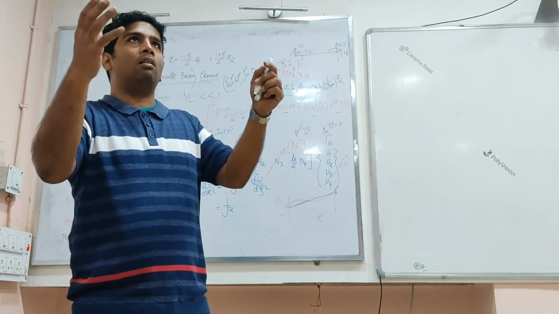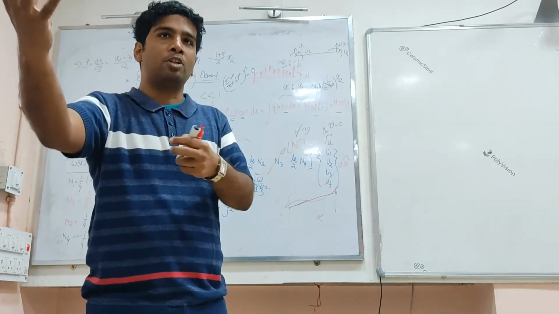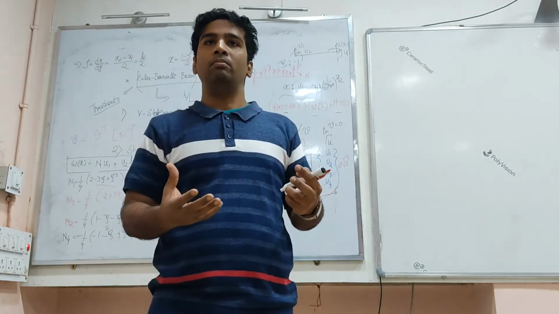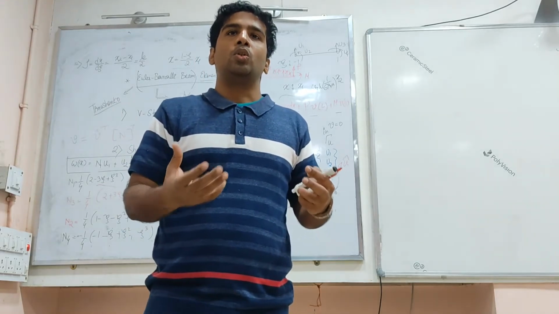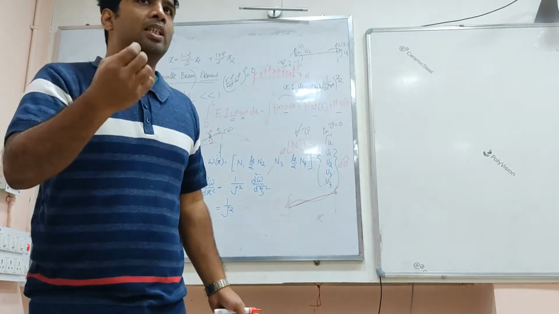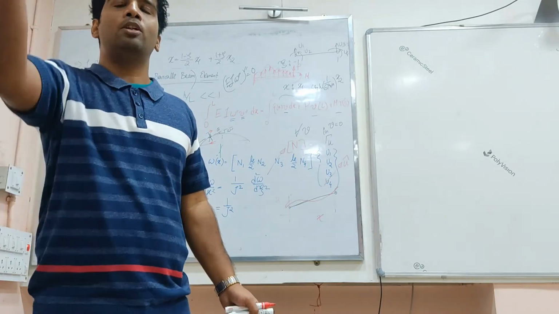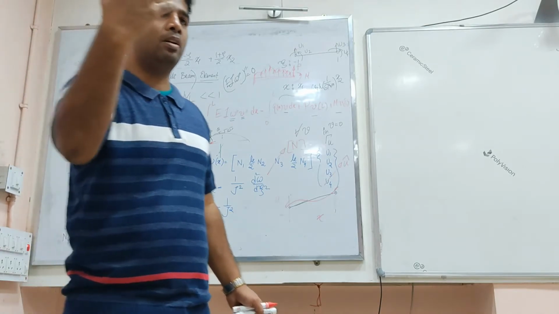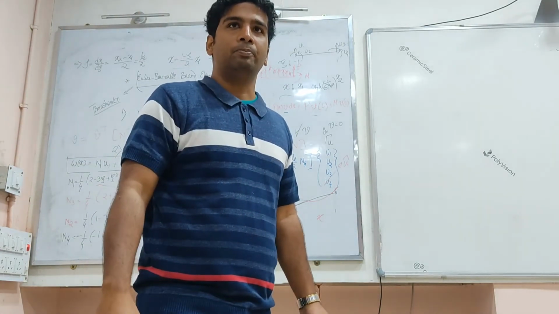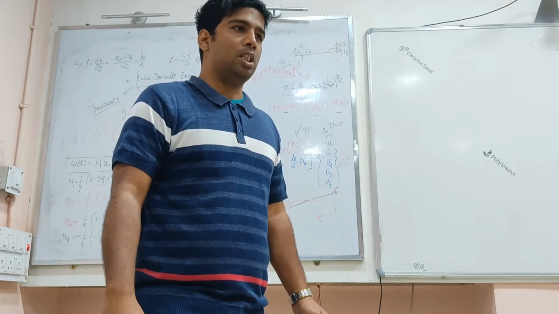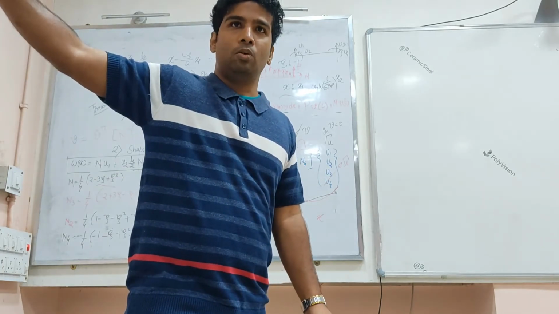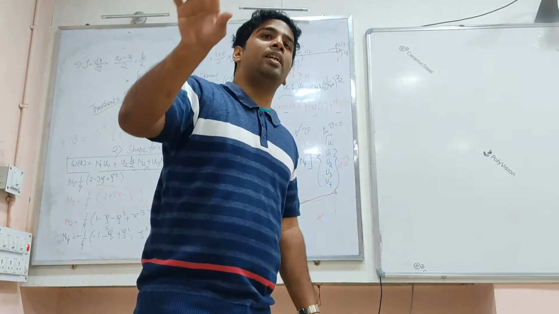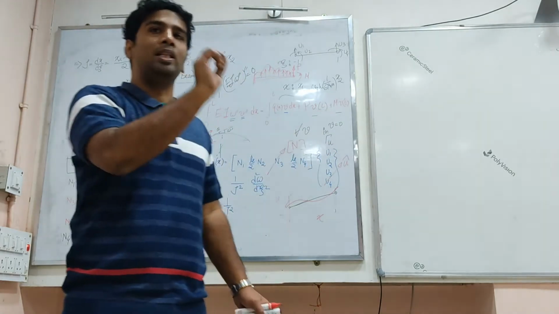Since I am modeling the actual differential equation in finite element formulation as a finite degree of freedom system, everything is finite. It's getting constrained, so by default it is at least slightly stiffer compared to what the actual differential equation suggests. We are not talking about physical objects, we are talking about the models that come from the differential equation. So even with regard to the differential equation, your finite element model could be slightly stiff.